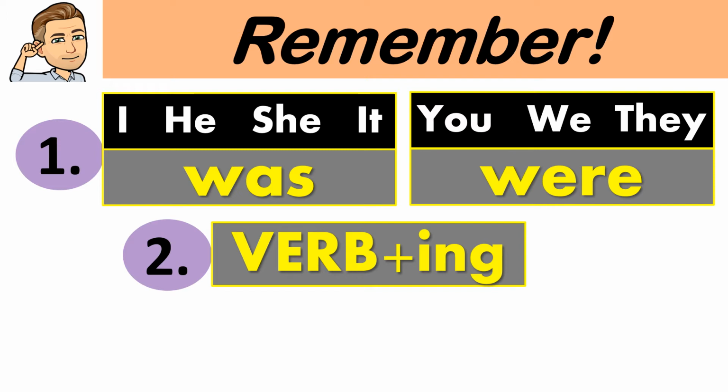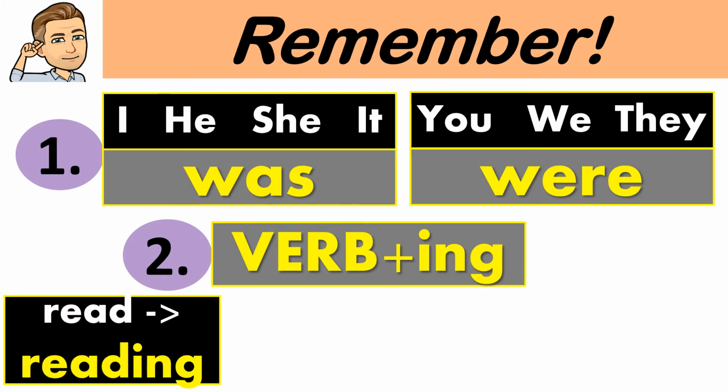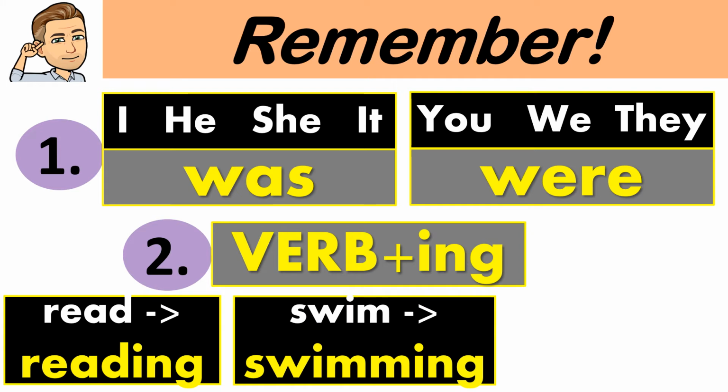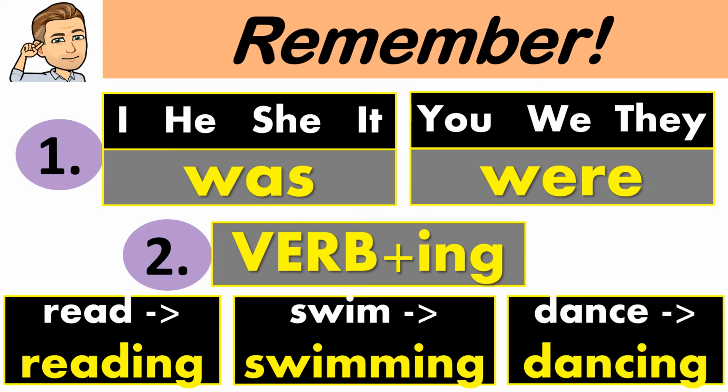And with the verb ing, don't forget the rules about adding ing. Now, most verbs would just get ing, like read, but some verbs are CVC, like swim, that's a consonant, vowel, consonant ending. So we have to double that last letter, so swim becomes swimming. And if the verb ends in an E, like dance or write, we have to get rid of that E and then add ing. So don't forget these rules when you're using the past progressive tense.